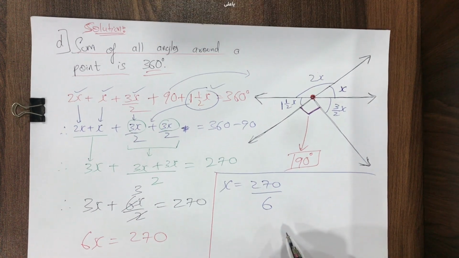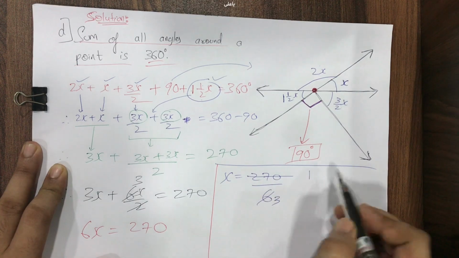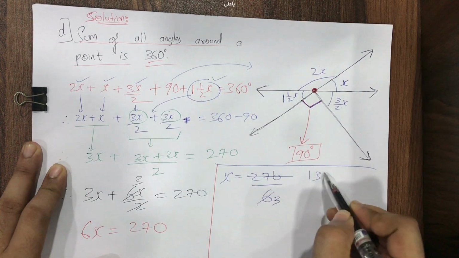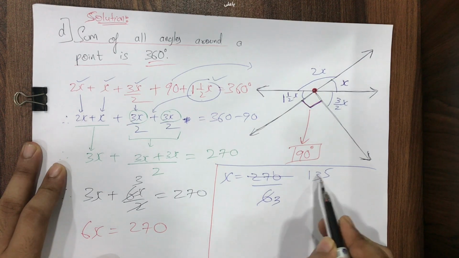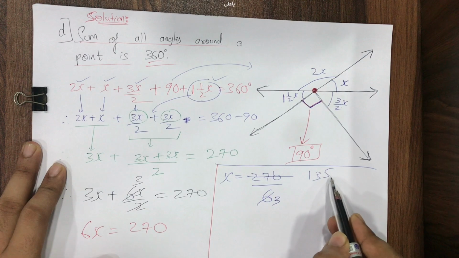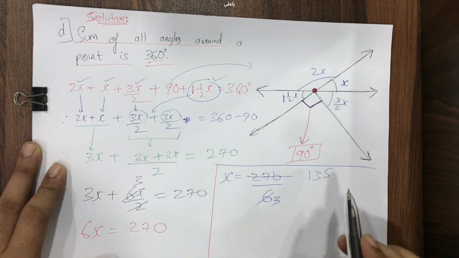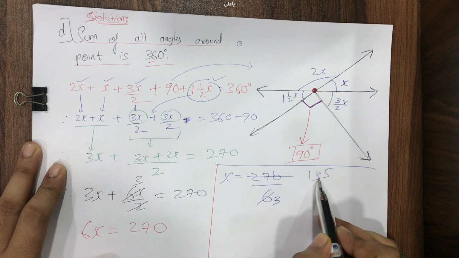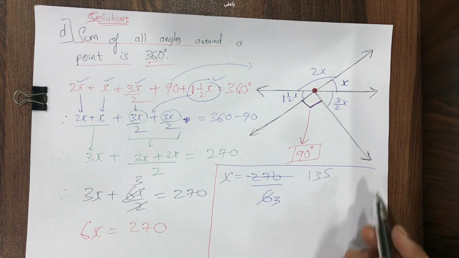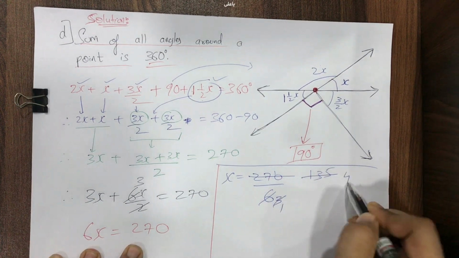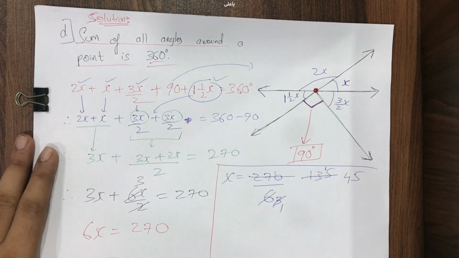Let me do the cancellation with 2, all of you. 2 3s are 6. 2 1s are 2, 3s are 6. 2 5s are 10. 1 plus 3 is 4, and 4 plus 5 is 9. And 9 goes in 3 times table. That means 135 will also go in 3 times table. This is the way to check. Because 9 comes in 3 times table, so 135 will also come in 3 times table. 3 1s are 3, 3 4s are 12, carry 1 becomes 15, 3 5s are 15. So I got to know the value of x.